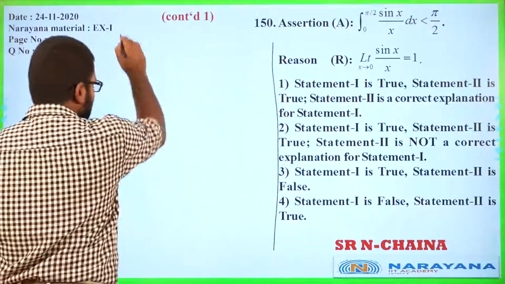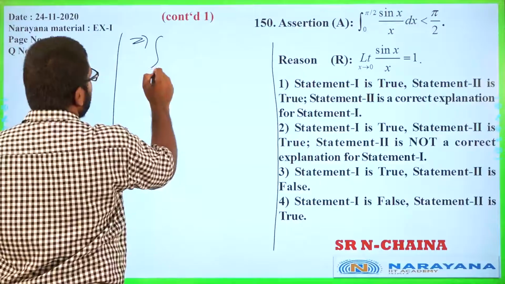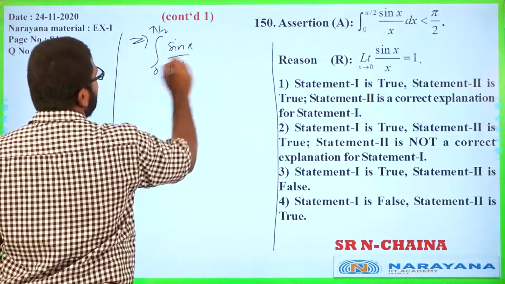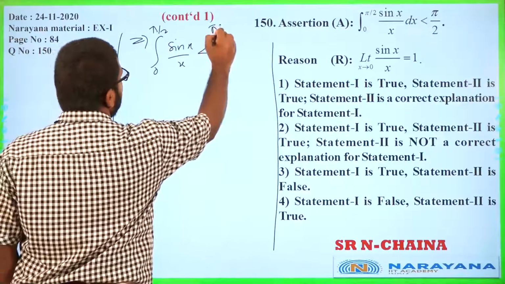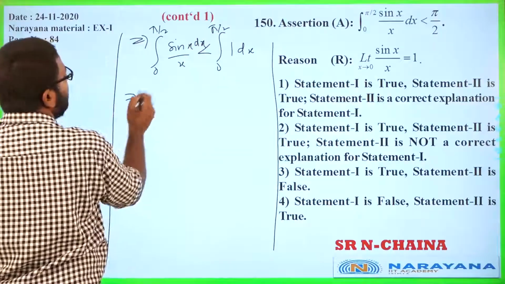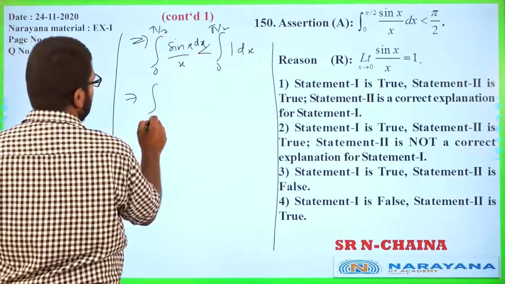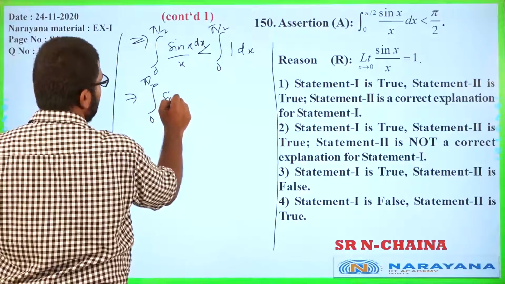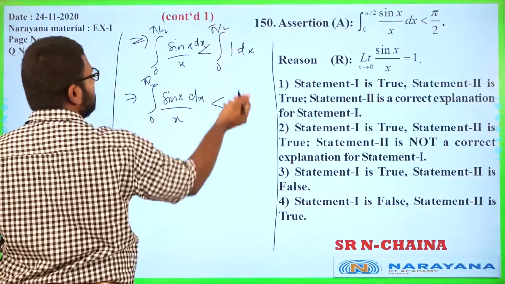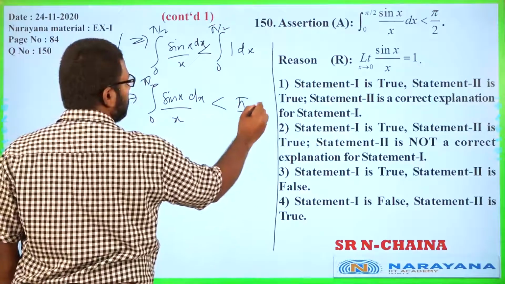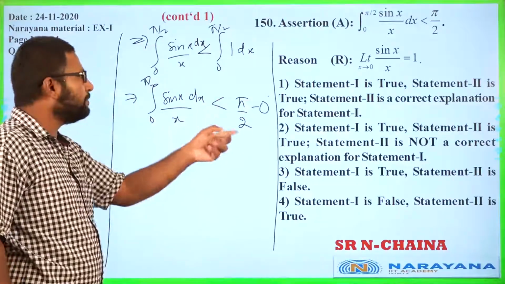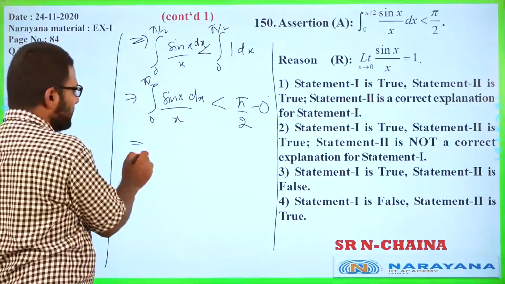we can claim that integral 0 to pi by 2 sin x by x is less than integral 0 to pi by 2 1 dx. Okay, there should be a dx here, which means this whole thing is your LHS, integral 0 to pi by 2 sin x dx upon x is less than, what is this? This is simply pi by 2 minus 0, right? I have done the integral assuming you understand. This is pi by 2, which means your assertion is definitely correct.